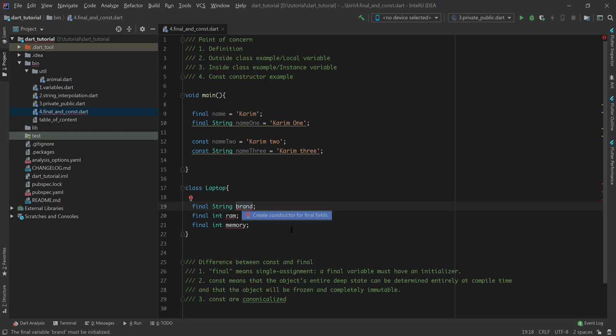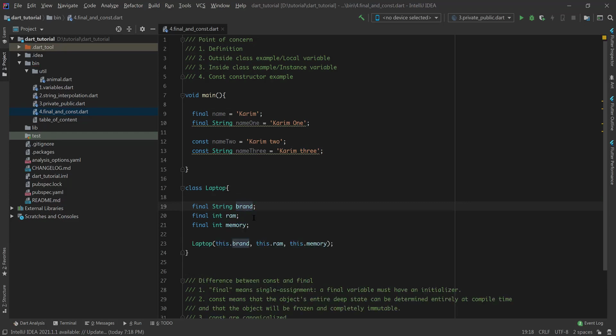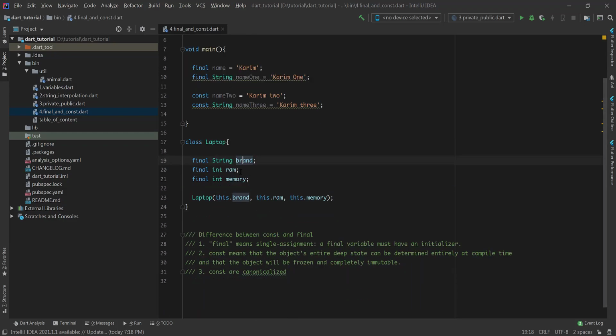So if we initialize them in our primary constructor, then the errors are gone. Here we can also come to the point that in a Dart class, the variables which are defined final have to be initialized first, then the constructor will do the other job. Without initializing the final variables, the constructor won't run any statement.